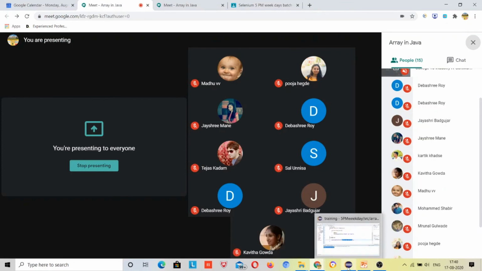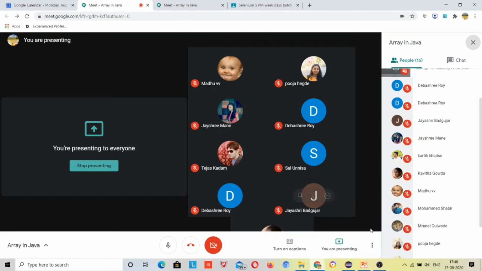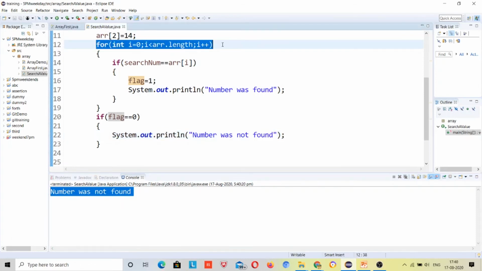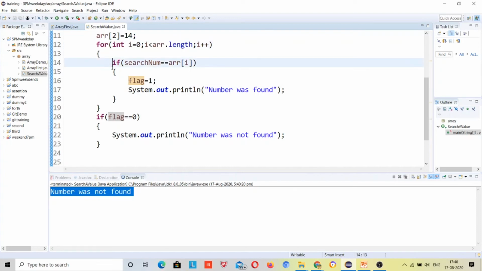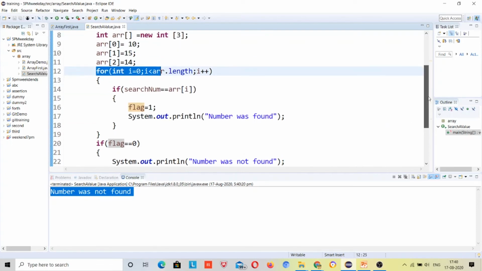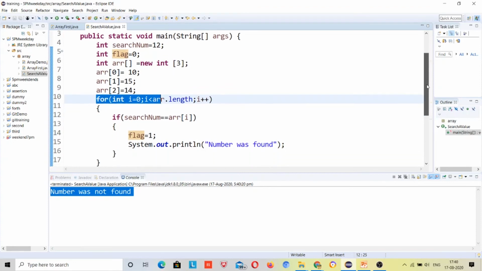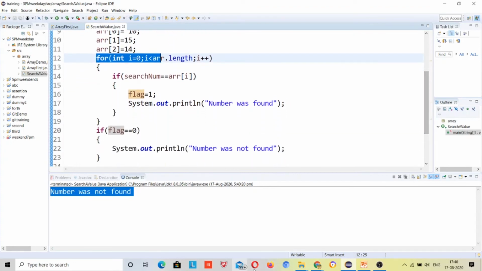I have to add two more things over it, but first I want to understand whether everybody got it or not. You have used the array concept, the for concept, and the if concept inside this for loop with the array, right? With these small code snippets, as much as you practice, you will learn.